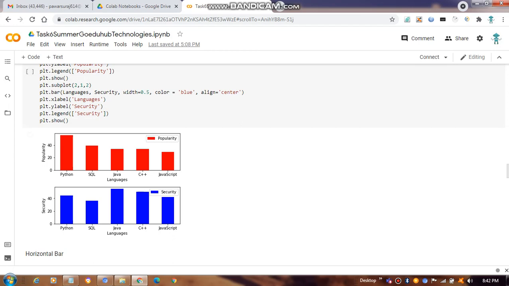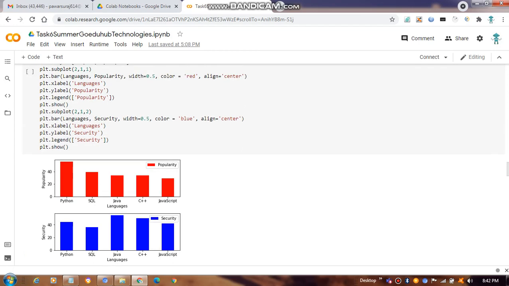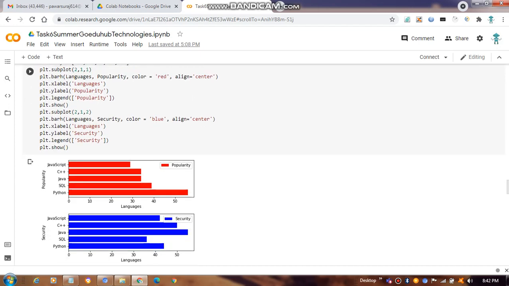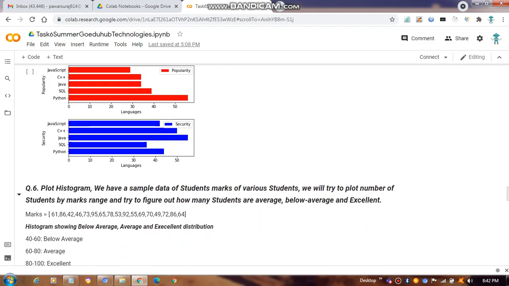First of all we are using 2,1 comma 1 and 2, 1 and 2. So that is the subplot representation. After that, the same graph is horizontal, so it should be a vertical graph. The difference is only with respect to barh, which gives the representation.